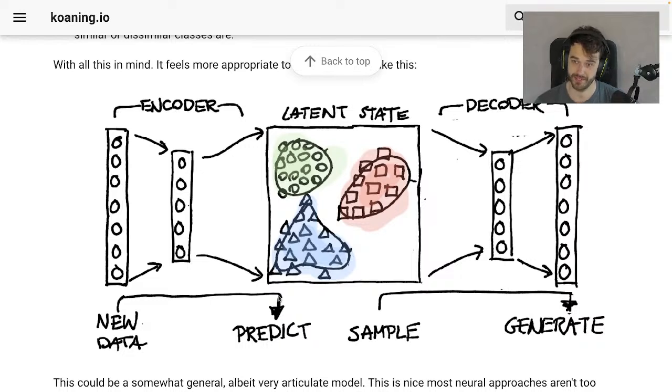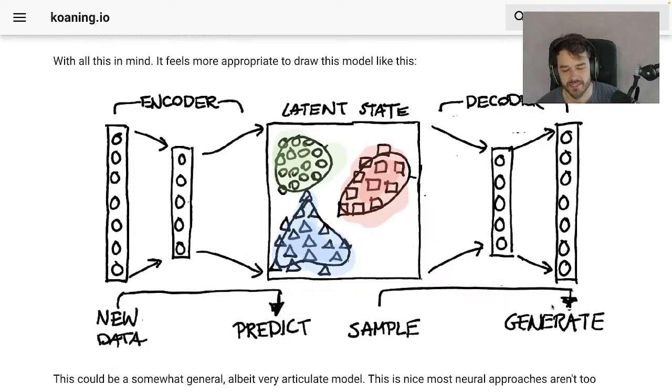You can do outlier detection stuff. But in this particular case, the sampling is actually a little bit more interesting too. We've got something going in that has to represent something that goes out as well, and the fact that we're able to sample in that low dimensional space with those Gaussians might also mean, I think, that we can generate data more easily.